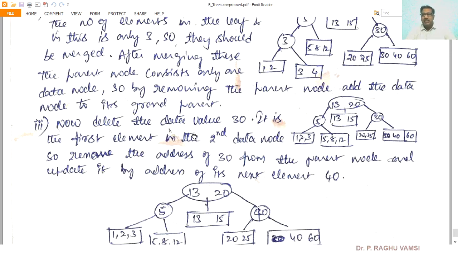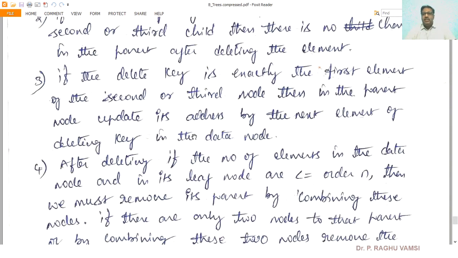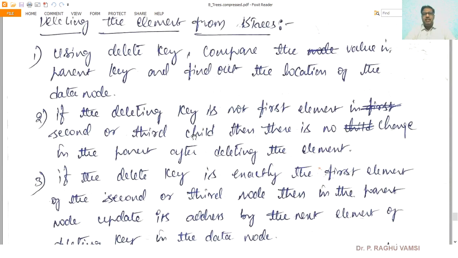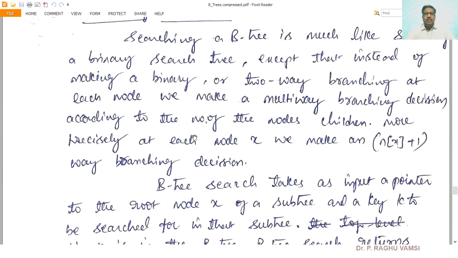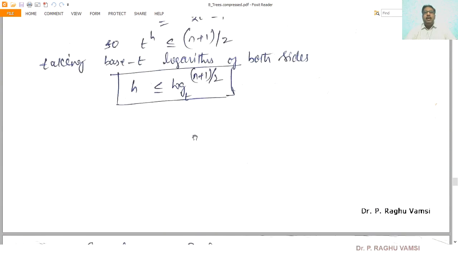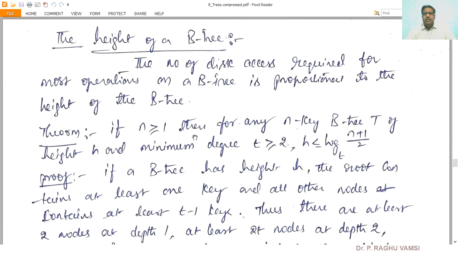So in this lecture, we have seen the description of the insertion of elements into the B tree, searching of an element in the B tree, and also deletion of an element from the B tree. In addition to this, we also saw the concept of height, and how the height impacts the search operation, or the number of disk accesses required for obtaining the record from the B tree.